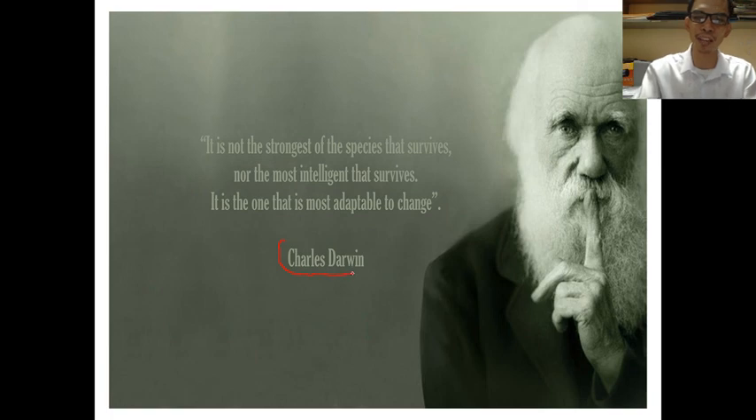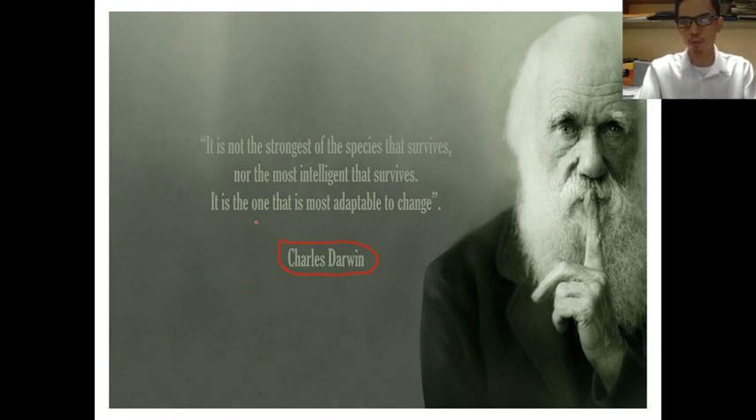So before we end our video discussion about the evidences of evolution, I will leave you a quote coming from Charles Darwin. He said that it is not the strongest species that survives, nor the most intelligent that survives. It is the one who is most adaptable to change. Alright, so meaning to say,